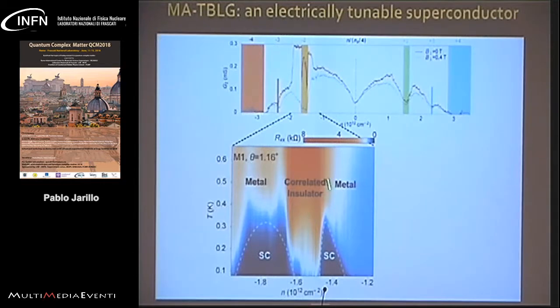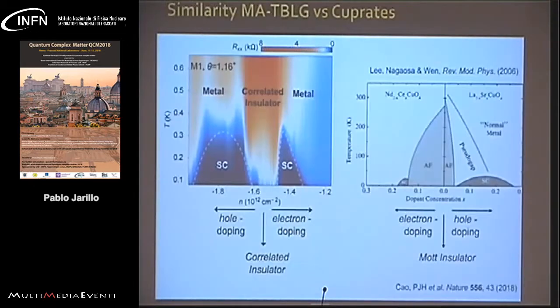So remember, this is the correlated insulating behavior for holes from charge neutrality in doped graphene. Around this correlated insulating behavior for holes, if we keep adding holes, we have this big superconducting dome. If we subtract a few holes, the equivalent of electron doping, we have a smaller superconducting dome. This immediately reminded me of the situation you have in phase diagrams